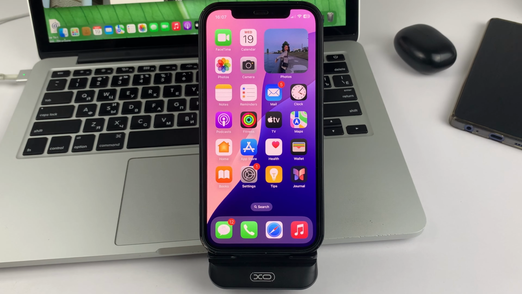And in this video, I will tell you and also show you how you can enable two-step authentication in Instagram